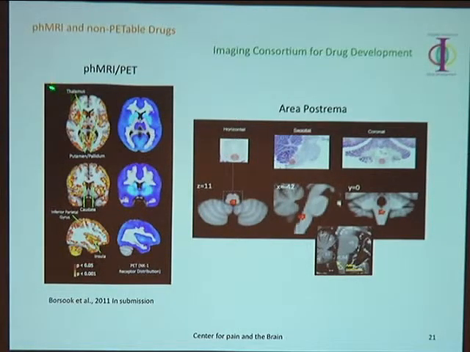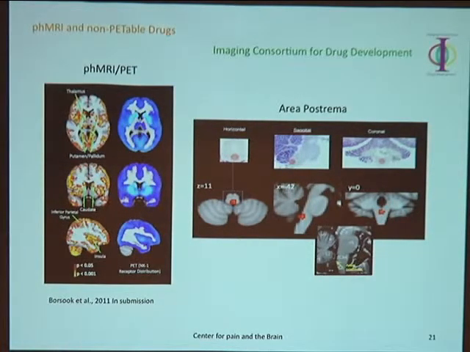Here we have pHMRI of the NK1 antagonist, which in the pharmaceutical domain was a big deal. It was meant to be the drug to cure pain. And here we have a PET image of the same drug, and this drug's now available for